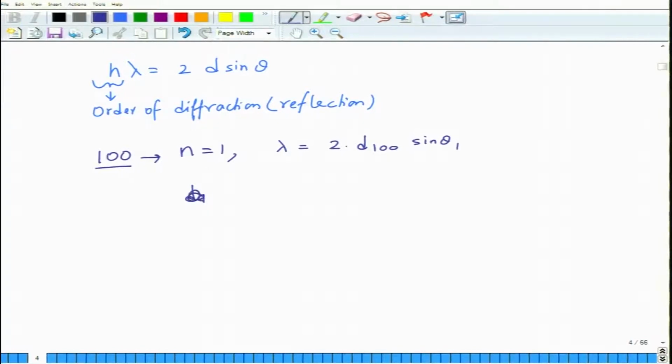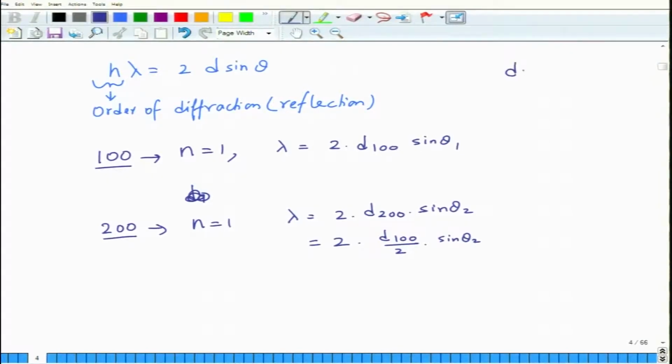Now, if you want to look at d 2 0 0 now, so this will mean again we take n is equal to 1. So, this will become lambda is equal to 2 d 2 0 0 sin theta 2. What is d 2 0 0? It is nothing but d 1 0 0 divided by 2,